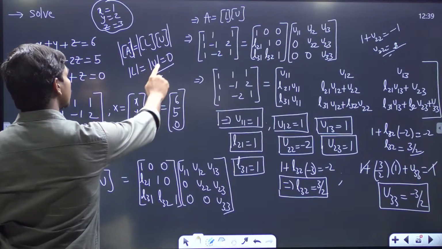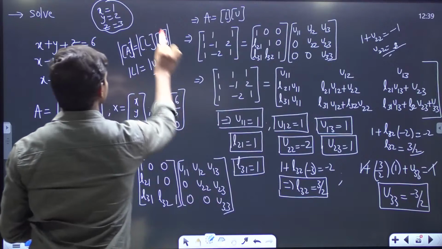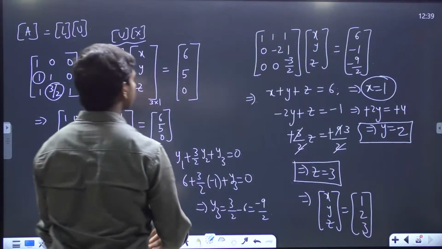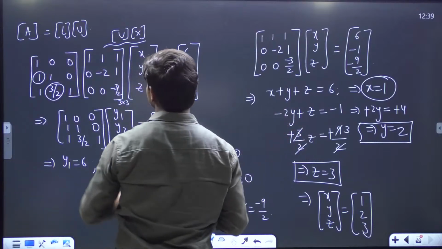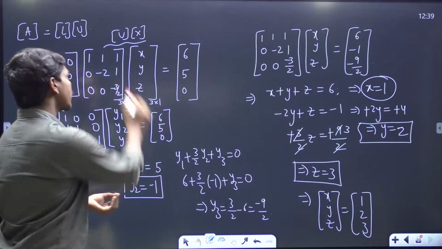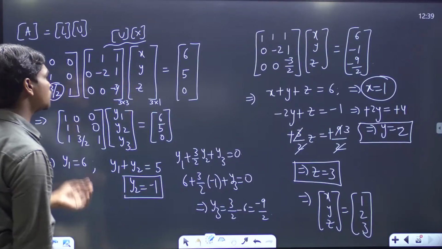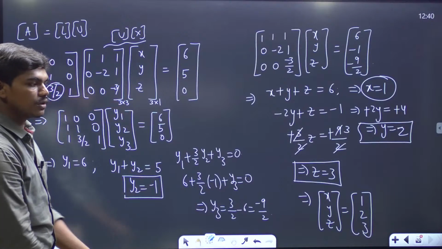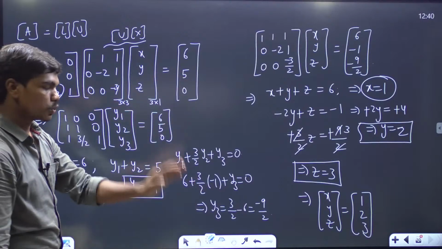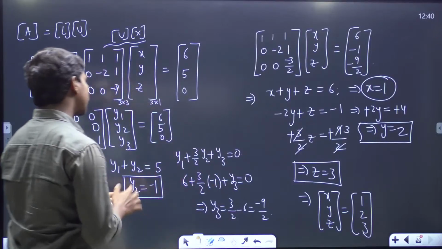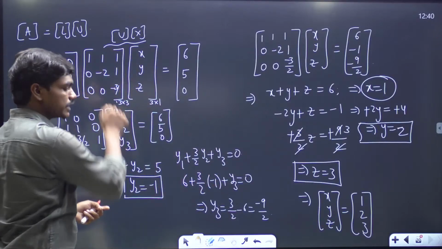Then if det A is 0, both of them will be 0, which means this LU decomposition method fails if any of these principal diagonal elements are 0. So if you get any principal diagonal element like u11, u22, u33 equal to 0, then the total determinant value goes to 0, and this method fails. So to avoid that, when you are evaluating the LU decomposition method, if you are getting any of the principal diagonal elements 0,